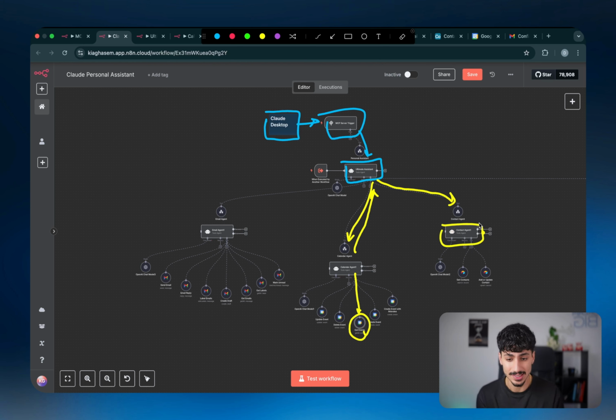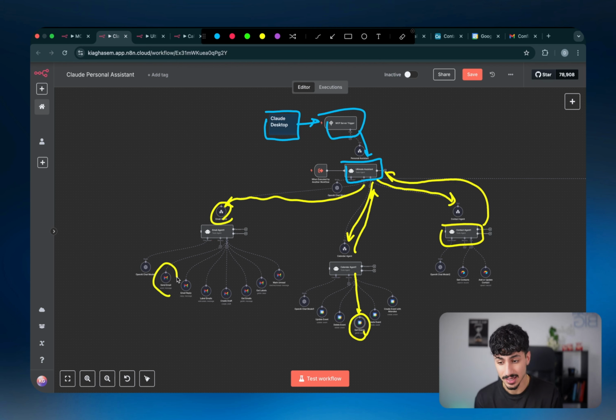And then once it gets that information, it comes back up. And then with that information, the ultimate assistant or the delegator agent then delegates a task to the actual email agent to send off that email using the send email tool, along with the email address of the person that it's meant to send it to, and the actual information, which is the availabilities that we got from the other sub-agent. Now, as you guys can see, this is extremely powerful, and you can literally grow this and scale it to however many sub-agents you want.